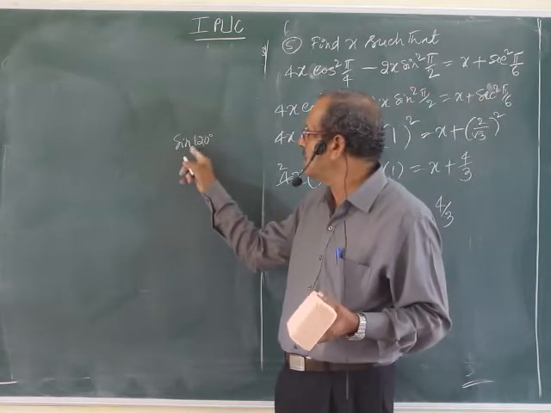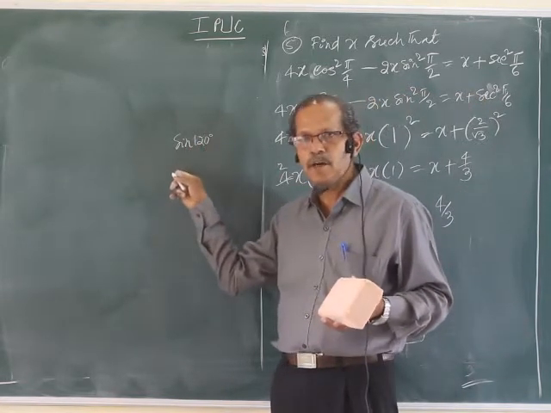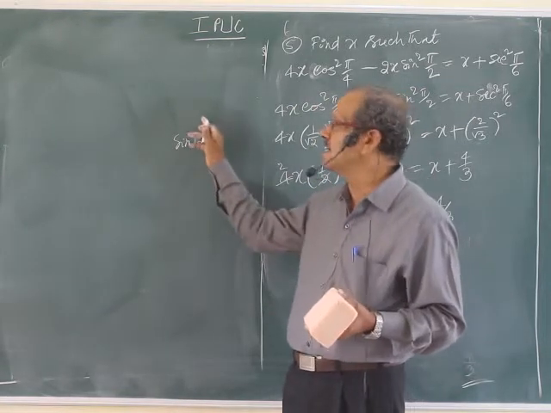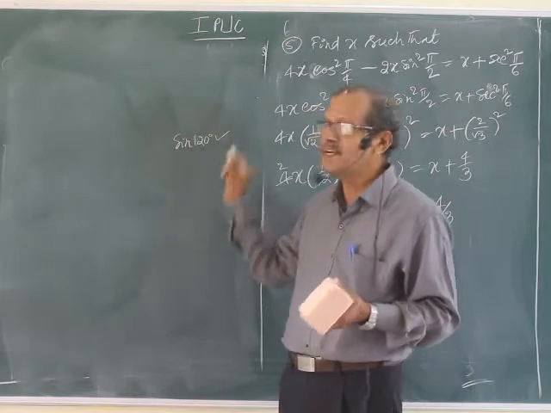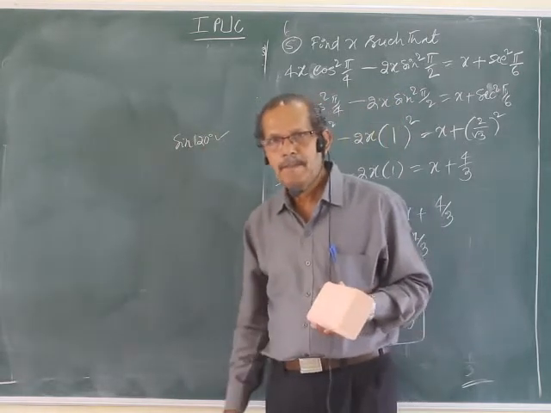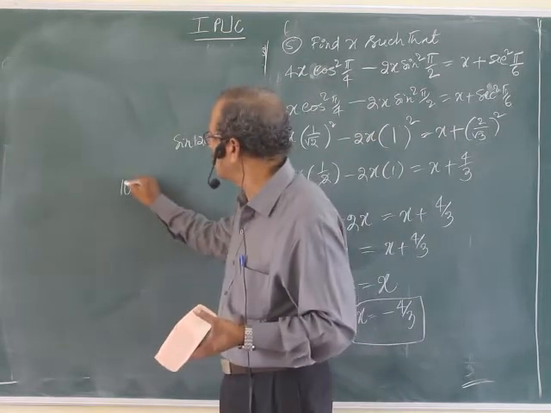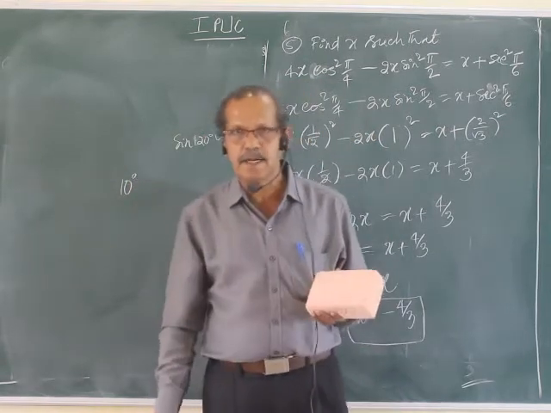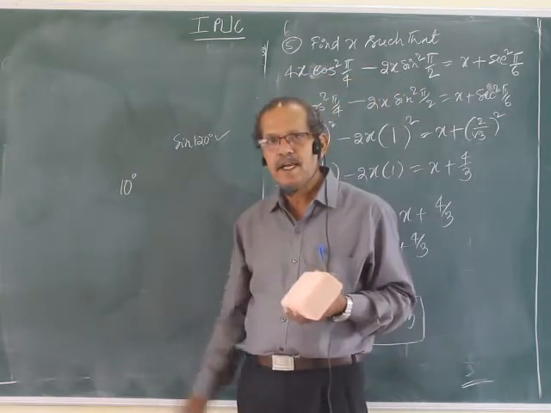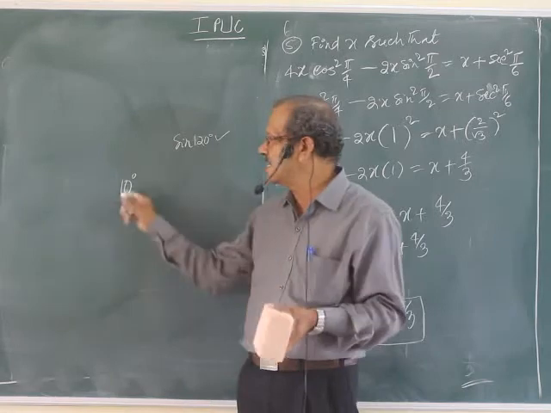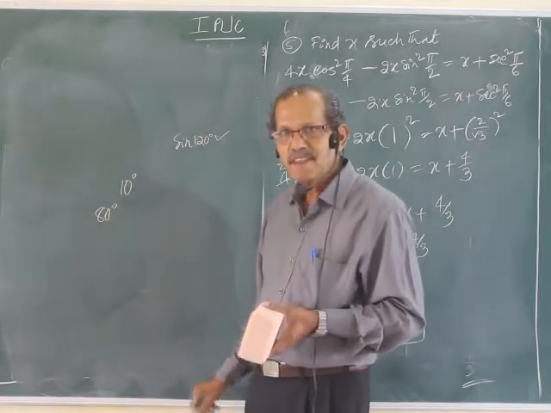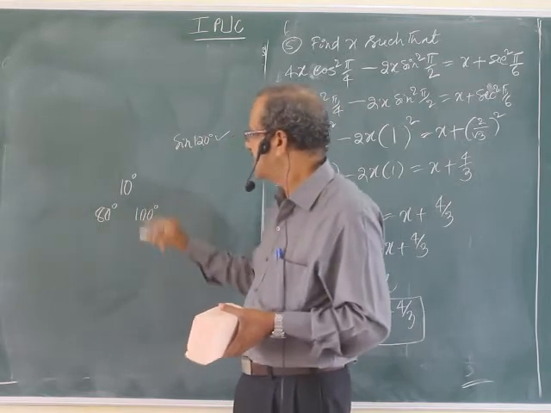So, even then you must be able to give me the trigonometric ratio of this. If you know the trigonometric ratio of 30 degrees, you can write the trigonometric ratio of 120. Note that there is some relation between 30 degrees and this 120 degrees. If you know the trigonometric ratio of 10 degrees, just imagine, you know sine, cos, tan, cosecant, everything of this 10 degrees, then remember, you can write the trigonometric ratio of 80 degrees, 100 degrees. See, there is some relation.